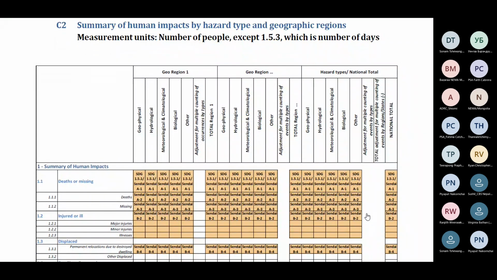Different geographical region. And C3 is the summary table of affected population by